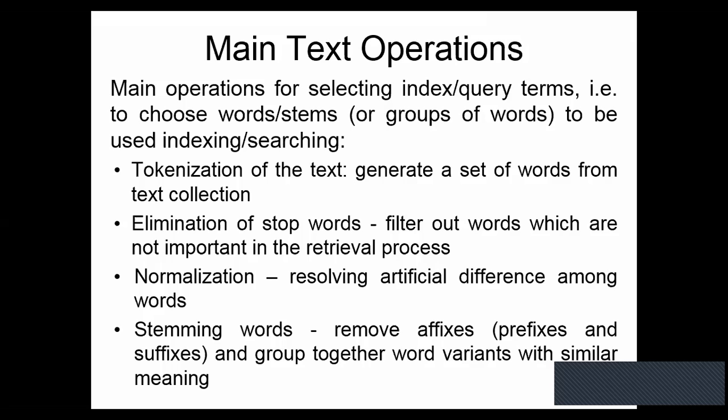We have to also resolve the superficial difference, the artificial difference that we observe in words because of capitalization. In Amharic also there are character variants. Ha can be written in 3 forms. Sa can be written in 2 forms. Because of the use of different forms, we are not expected to lose the document. So normalization is required.